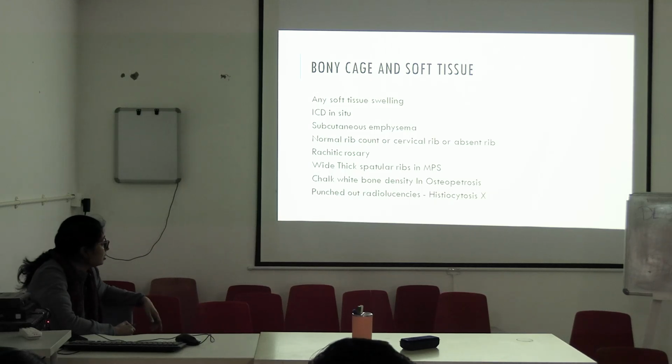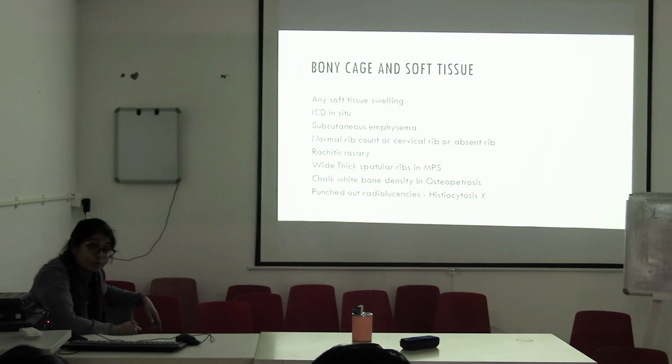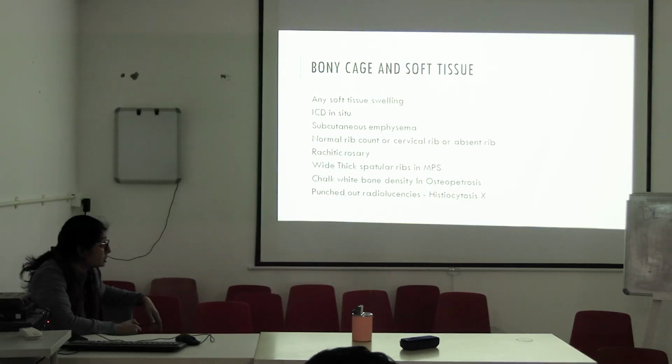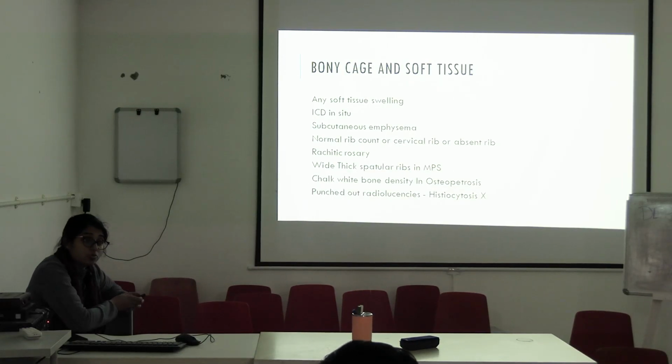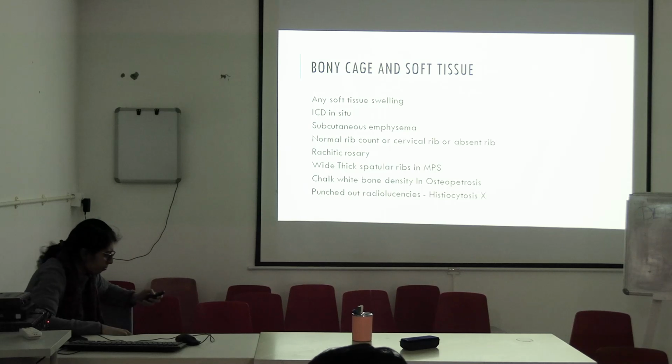Okay, then chalk white bone. Chalk white bone density will be found in osteopetrosis, or it is also called bone inside bone appearance. Okay, then punched out radiolucencies are found in histiocytosis X or Langerhans histiocytosis, মানে বোনগুলো থেকে পাঞ্চড আউট হয়ে গেছে, কালো কালো জায়গা, মানে বোনগুলো লাইটিক লিজনসে ভর্তি, ঠিক আছে? যে পয়েন্টটা বুঝবি না, প্লিজ আস্ক কোয়েশ্চেন্স।